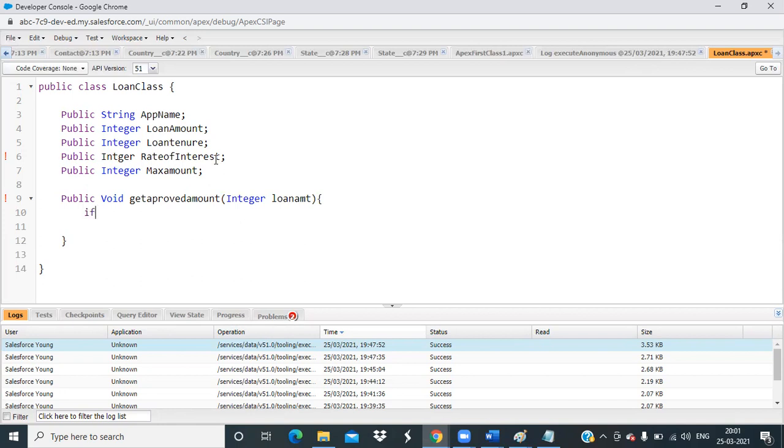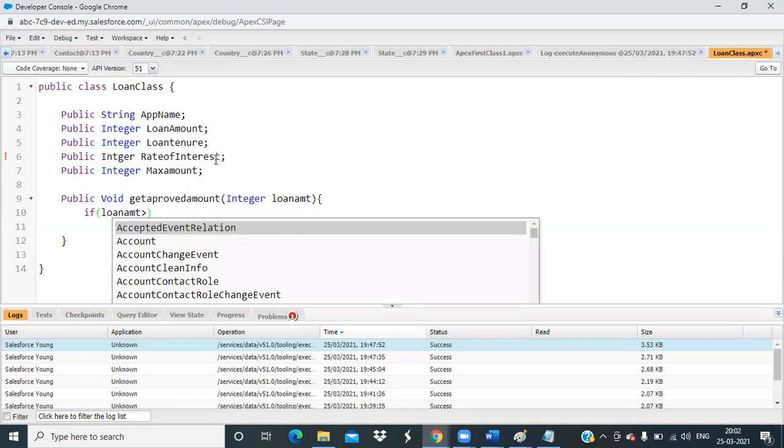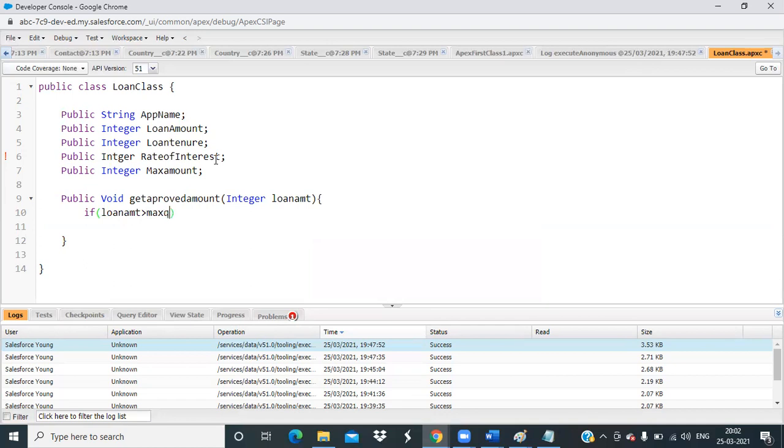What will be the condition for getting the loan amount? If the loan amount is greater than max amount, then my approved amount will become max amount. I will return the integer.